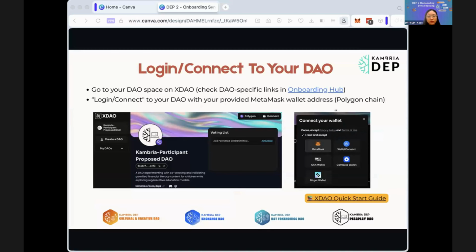You can find more detail in the XDAO Start Guide on Dev2Docs. Here, I just give an overview of the key steps. The first step is to connect to your DAO space. We are all familiar with the concept of login in a traditional website; in Web3 or blockchain-based sites, this is done by connecting your MetaMask wallet. Your confirmations are recorded on-chain, and your wallet address is like your signature.